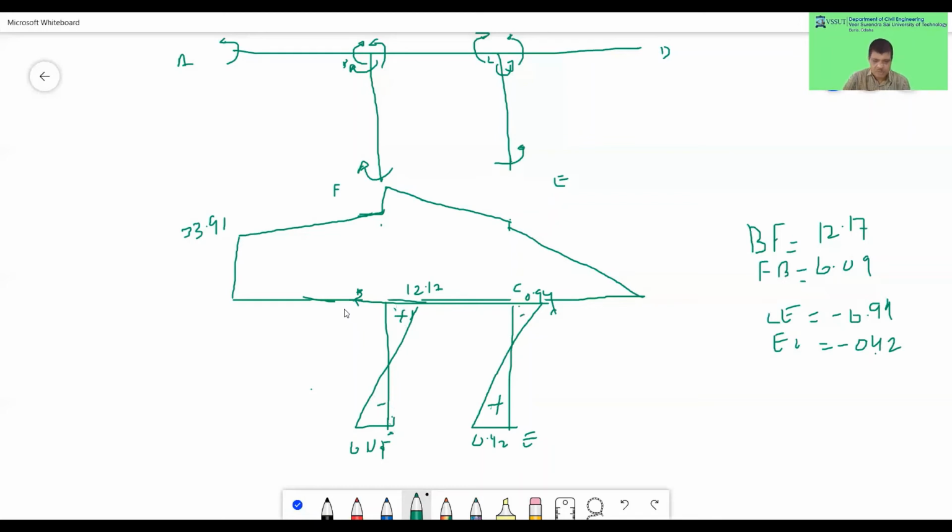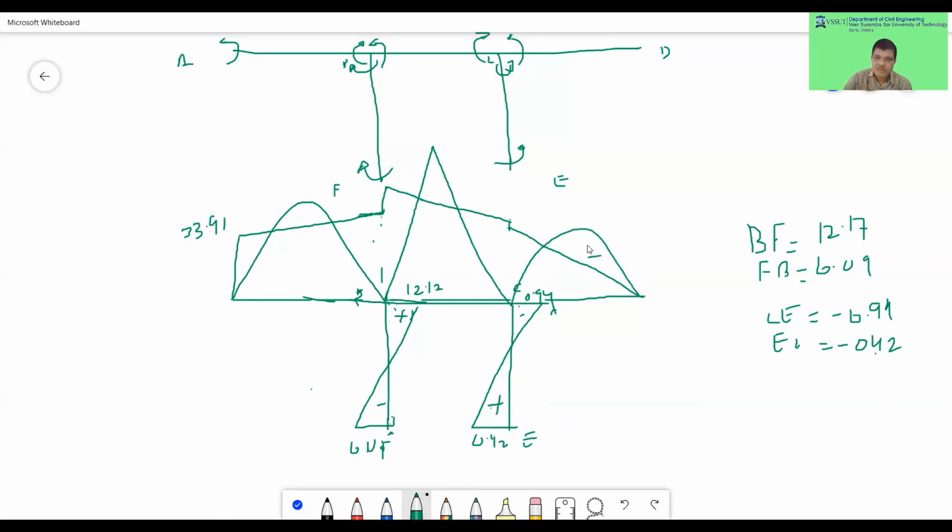Now with this you have to include this value of WL square, the point loads and whatever value you have got. Now you have to superimpose the values. So now what is WL square by 8? You find the value of WL square by 8 and superimpose it here like this for this span. And for this span, you find WAB by L, 90 into 2 into 4, 180, so 120. It will come like this, 120. And again, you will find the bending moment diagram here like this way.